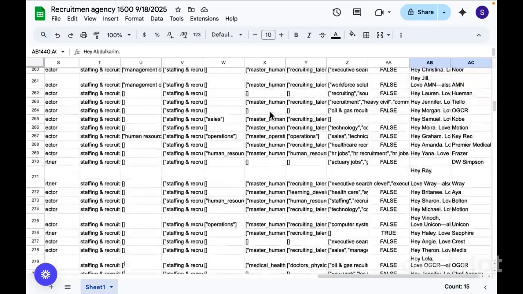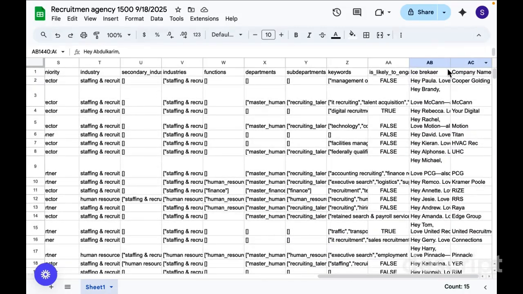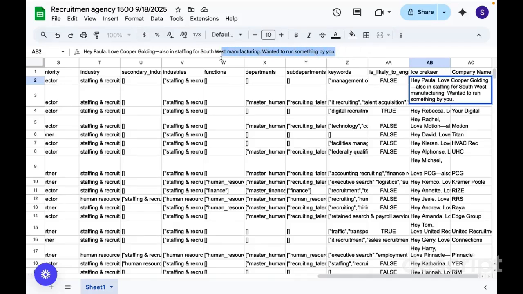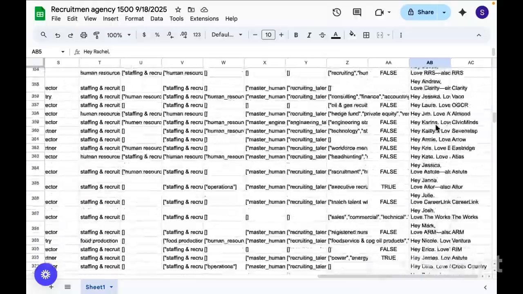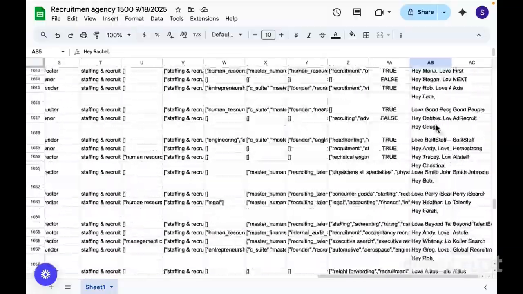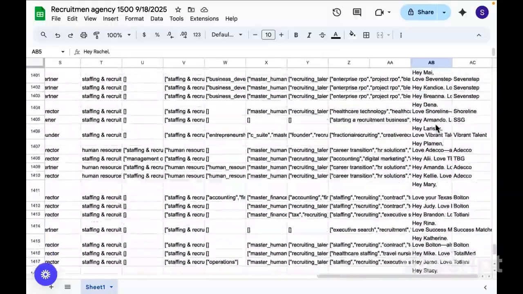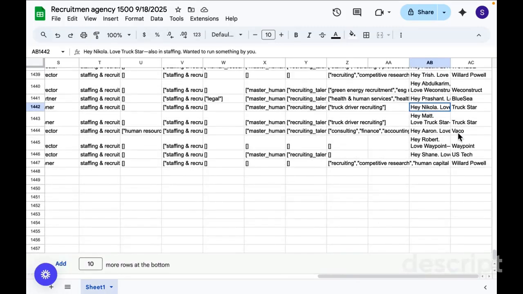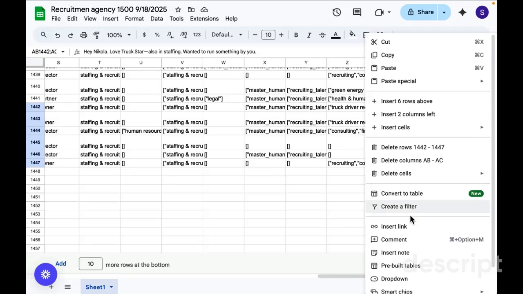And my goal here is to create customized icebreakers for my emails. So basically I can put these at the beginning of my emails, and hopefully this will increase the response rate of my email marketing. As you can see here, I have already done a huge portion of these icebreakers, but here I can actually delete the last few of them so you can see how this workflow works in practice. So I'm gonna delete these,